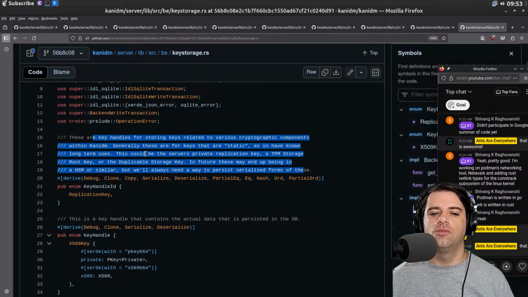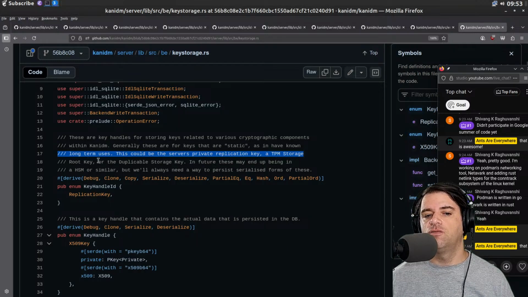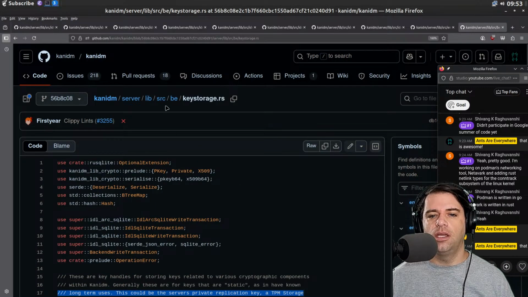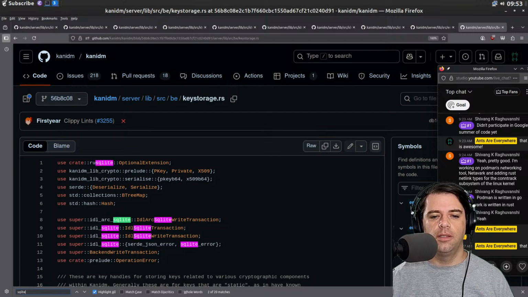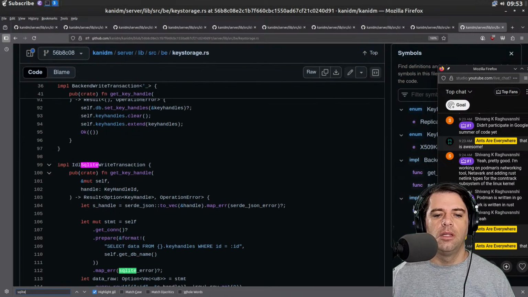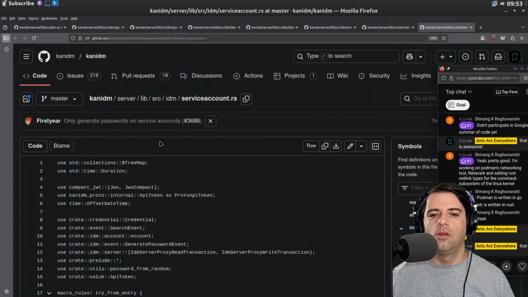Okay. This could be the server's private replication key, a TPM storage root key, etc. All right, so these are stored in some database, I assume. Do these go in SQLite? They seem to. Okay. And then what else?